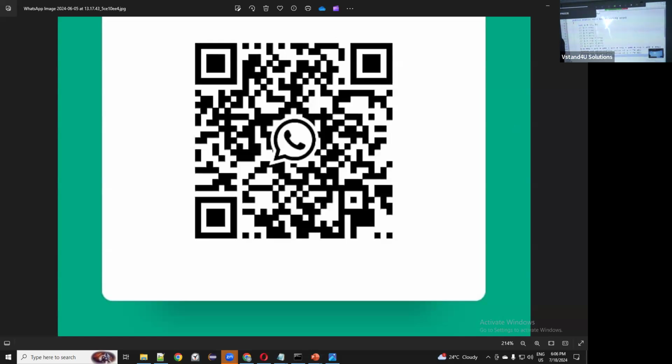Quickly scan the QR code online, folks. Go to Google Lens, you will be part of this group.